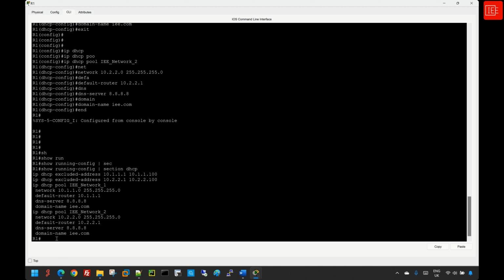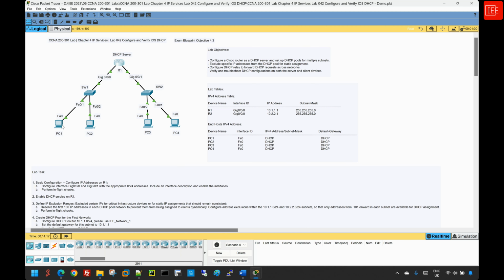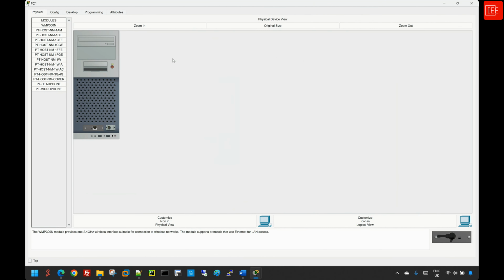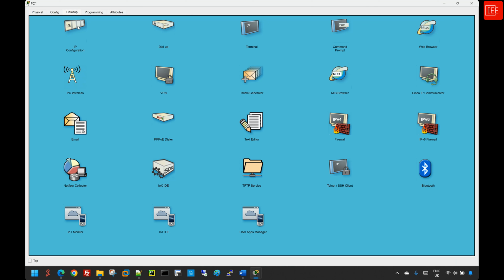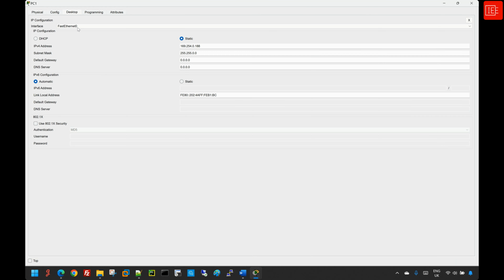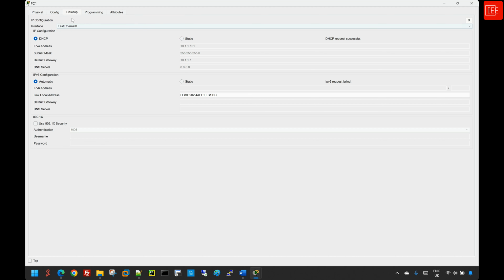Okay, so I'm going to jump into step number 6, where we need to go to each PC and issue the appropriate command to release the current IP address assignment and renew them, so we can see the new changes that we have just pushed into the DHCP server. So I'm going to go back to my topology, and I will go to PC1, and then I'm going to go to desktop. Just make sure that under IP configurations that DHCP has been selected,